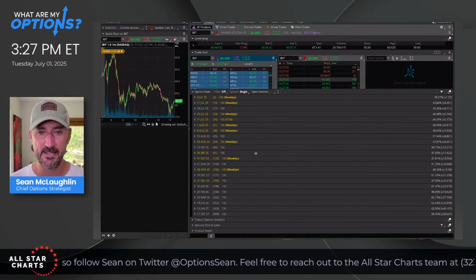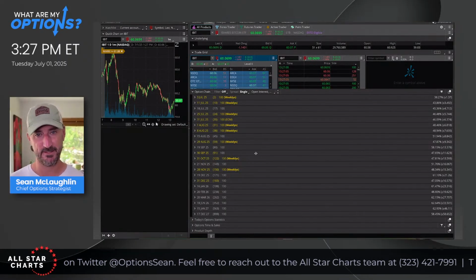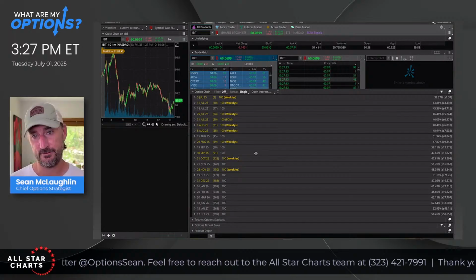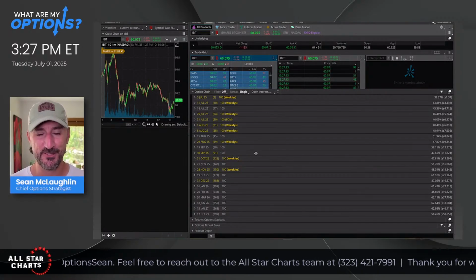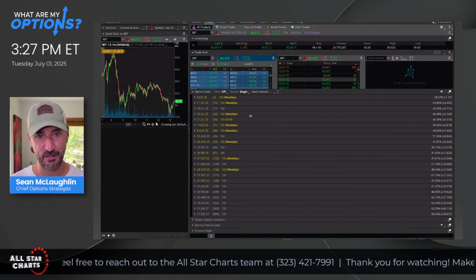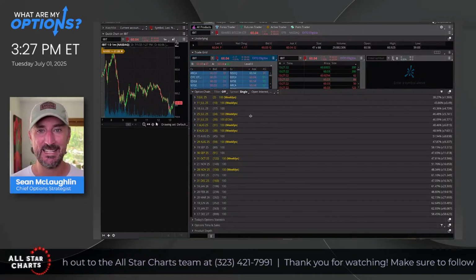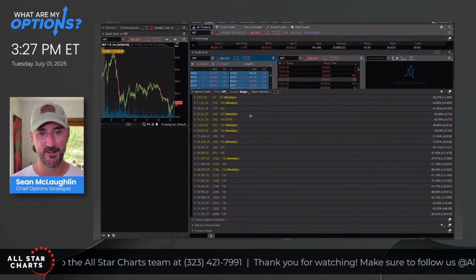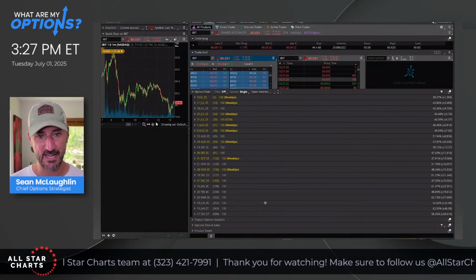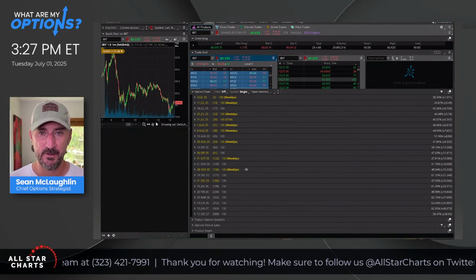When I'll use the weeklies is if I have some catalyst specific trade I'm putting on, maybe it's earnings related, or on the rare occasion where I want to do something extremely short dated, right? Maybe I'll just buy these options that expire on July 3rd, right? But generally speaking, I'd say 98% of my options trades are all in the regular monthly expiration options. Mostly because that's where most of the liquidity is.